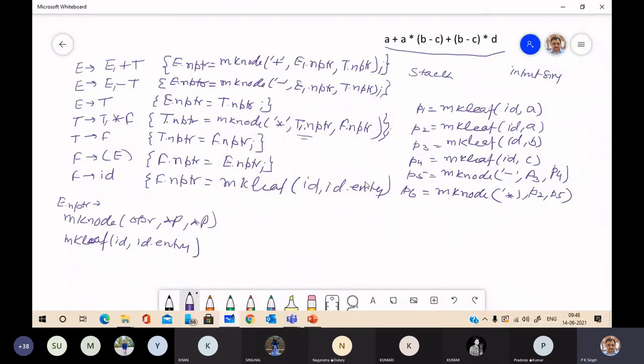Okay, and then again this result, because we have this plus and this plus, due to left associativity, it will perform this addition.